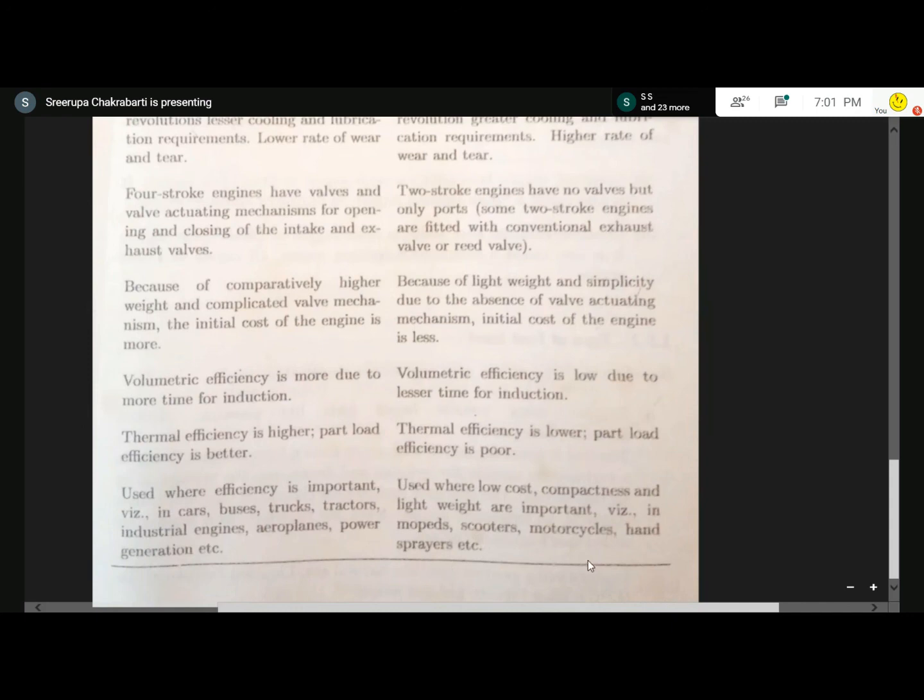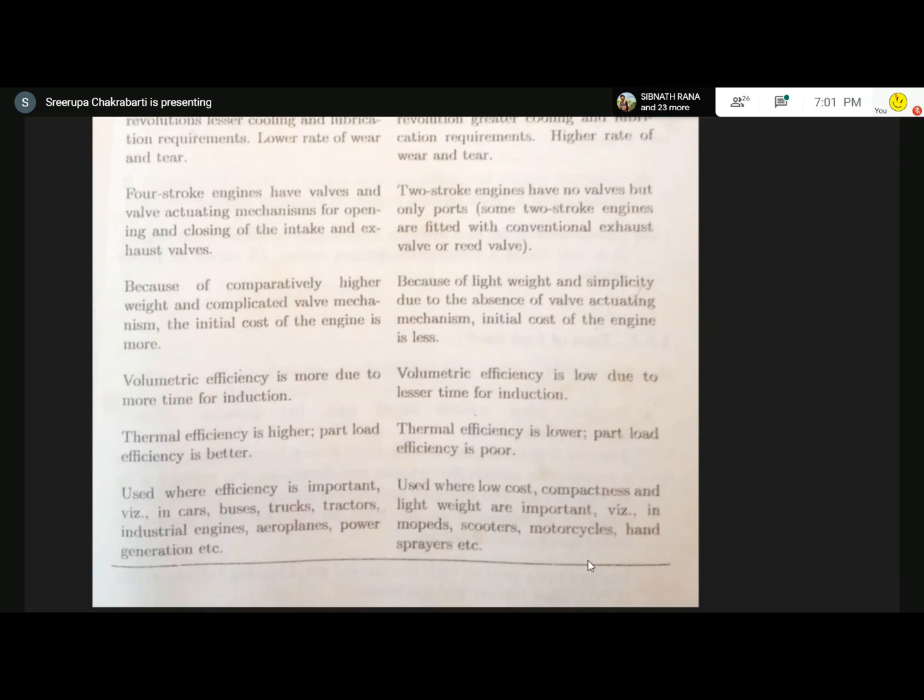So with this, we have done the basic concepts of engines, the nomenclature of the engine parts, and the major types of engines. We have discussed the SI and CI engines, two-stroke and four-stroke engines. But apart from that, there are other varieties of engines like single-cylinder, multi-cylinder engines. We have got inline engines. Those things, you just read the textbook by V. Ganesan, and you will come to know about it.